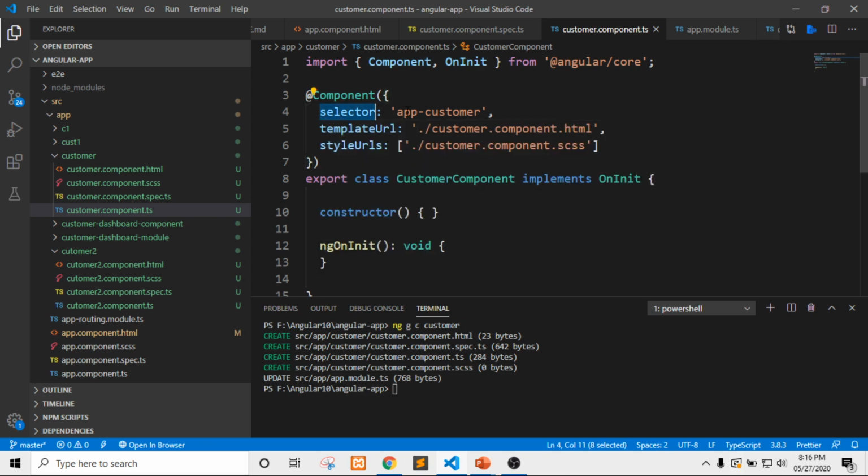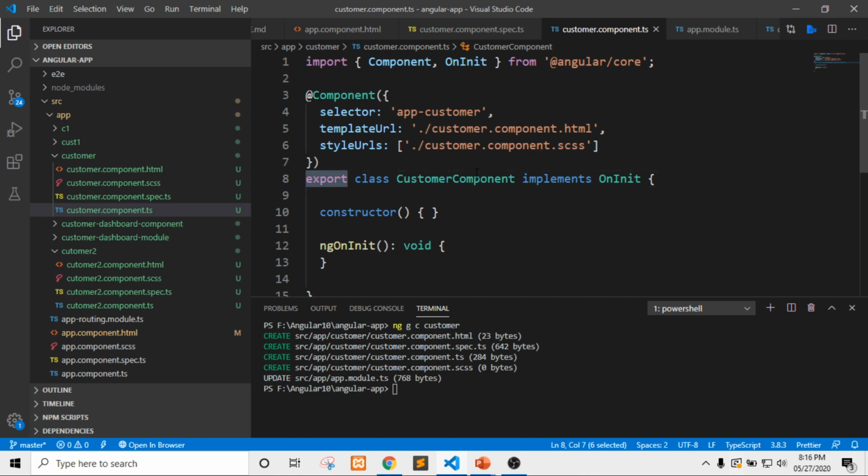This is the selector which we will be using when we want to use this customer component on a different HTML page. Here this is the templateUrl where we specify the path of the HTML file. In styleUrls, we specify the path of the SCSS file or CSS file.